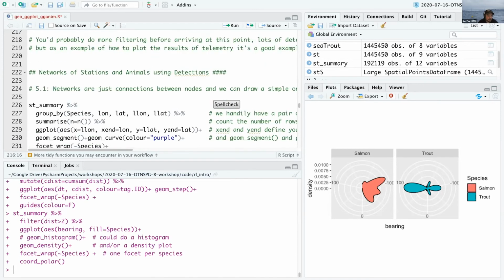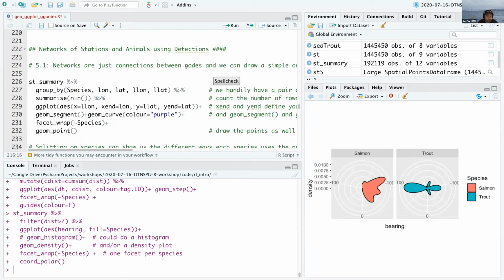So that's a good sort of idea of how to use Tidyverse verbs to summarize data and then pass it straight to ggplot and plot it out. And in our back pocket, we still have our geospatial data object that is our bathymetry layer that we're going to come back to here in a moment. But first,